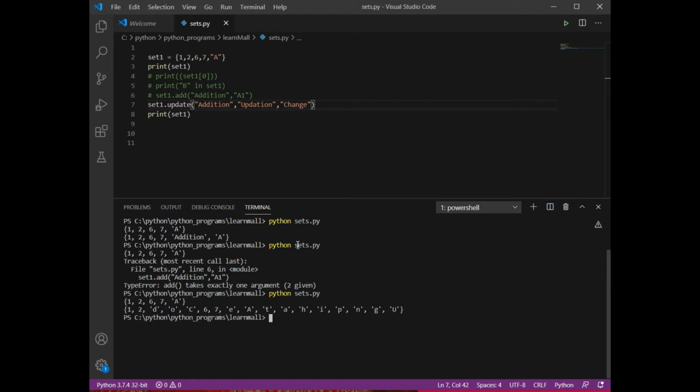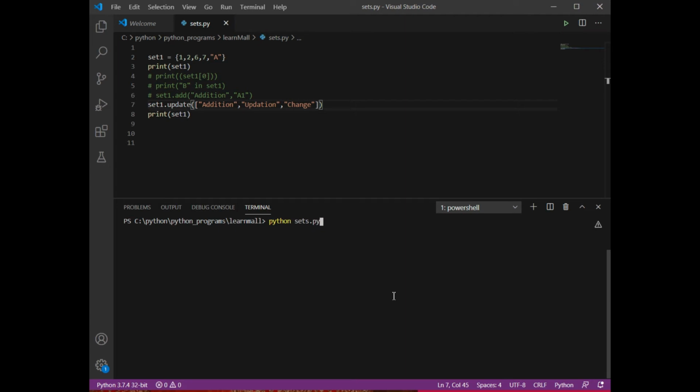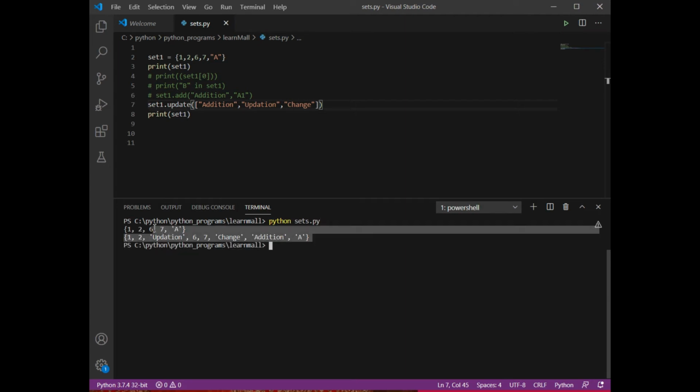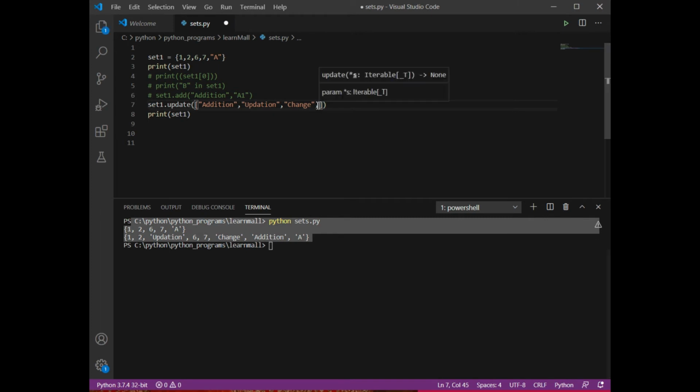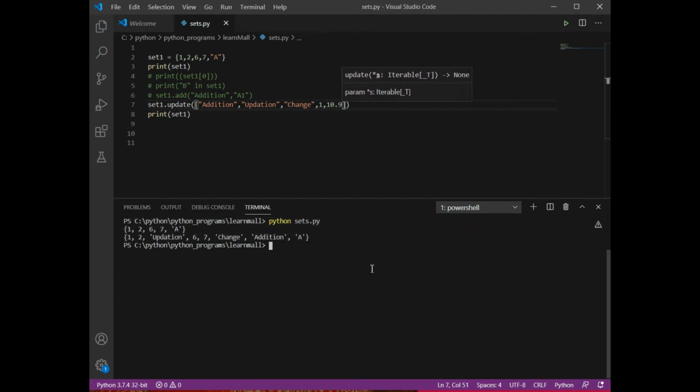If you want to add more than one item, so more than one element, then that becomes a list. So you need to put the elements inside the list notation. I'm going to clear it and then run it. See, now it is giving me the elements. So in this way it's not mandatory that I give string elements only. I can give any element that I want. I'm going to save this and run this again. So see, it is giving me the elements.